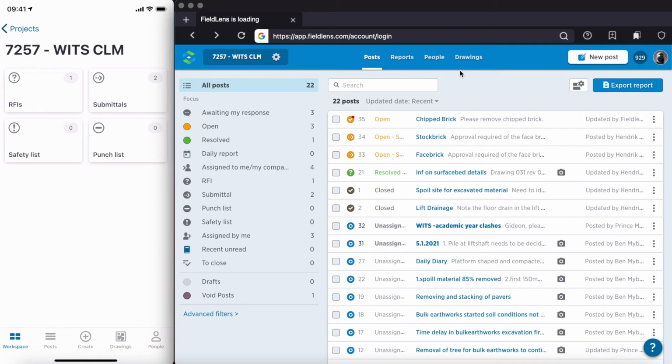In video 3 we'll be dealing with creating posts on Fieldlens. We'll be discussing the different kinds of post flags that one gets. These would include RFIs, submittals, safety posts, defects, and general observations. Now, just as an intro into posts, I'm just going to quickly go through